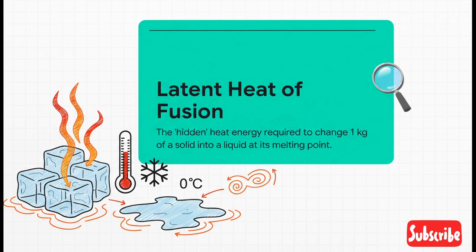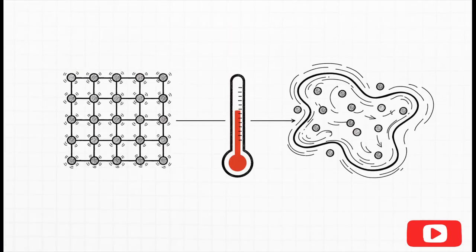Well, think of that energy as a key. Right now, it's not being used to raise the temperature. It's being used for one job and one job only, unlocking the bonds that are holding that ice crystal together. This is what scientists call latent heat. It's like hidden energy. And then, once the very last bit of ice melts, what do we have? A puddle of water that is still at 0 degrees Celsius. The temperature hasn't changed, but the particles themselves are now packed with way more energy, all that hidden latent heat we just added. And that's what lets them break out of their rigid structure and start to flow.